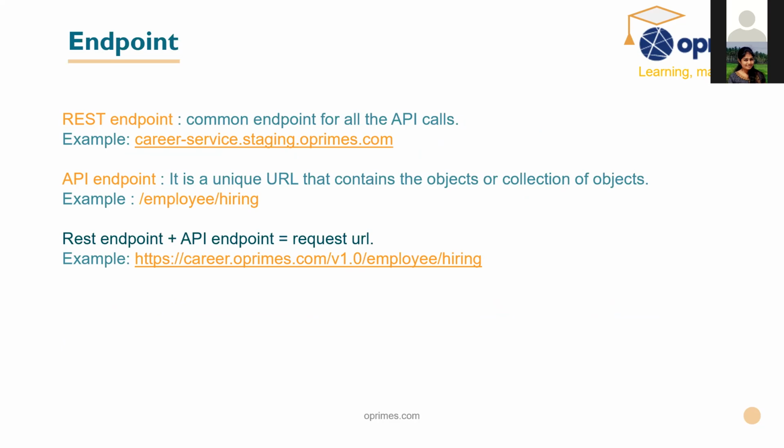Coming to endpoint, what we have designed using the IP address to the readable format is the REST endpoint, and the API endpoint is nothing but the remaining part. As I told you, we will be reaching some categories of the resources. Before that, we need to specify what that category is: employee hiring, employee recruitment, whatever operations we can do in the employees. Everything will have the path, but proceeding with employee. After that, we have one more path, and then we can have the categories. So this is the endpoint.